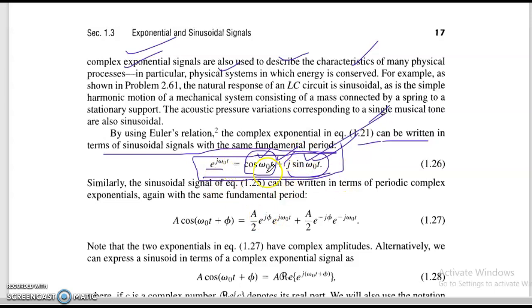So there are two combined parts, cos plus sin. Cos is the even part and j sin is the imaginary part, with j mentioning the imaginary part only. Similarly, the sinusoidal signal of equation 1.2